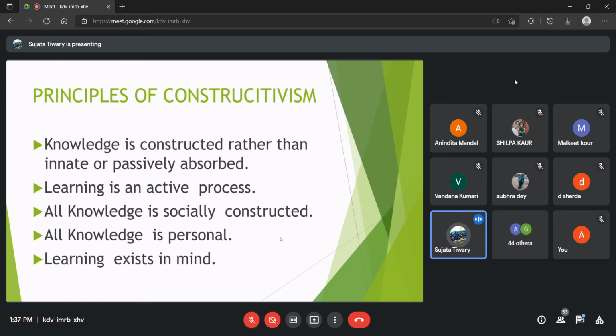Knowledge is personal because constructivism is based on your own experience and beliefs. So people learn and gain from education very differently. It's a very common example when we teach the same chapter. If we teach in the class, different students come up with different answers, with different understanding, with different knowledge. At the same time, the same topic, if it is taught by a different teacher, again the understanding,